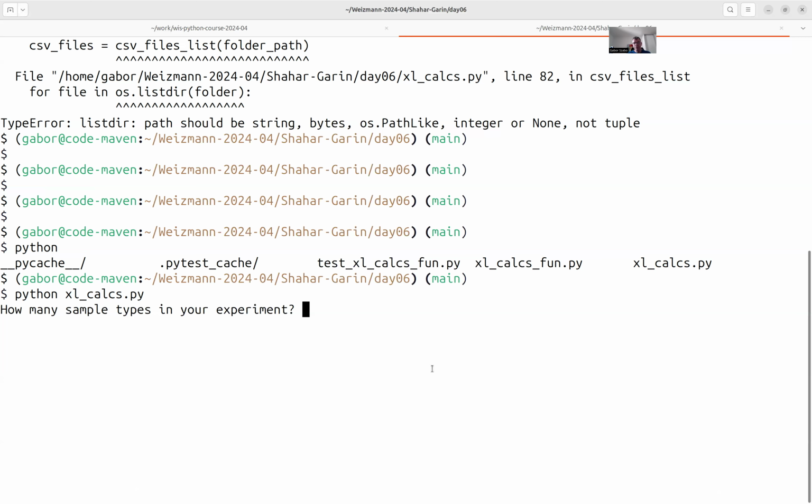And then there is this question asking something, how many samples types in your experiment? Let's say I have no idea, just say 5. Name of the sample type. Okay, can you help me out? What should I put here? Yeah. So the number of samples is the number of files. Each file represents one sample. And